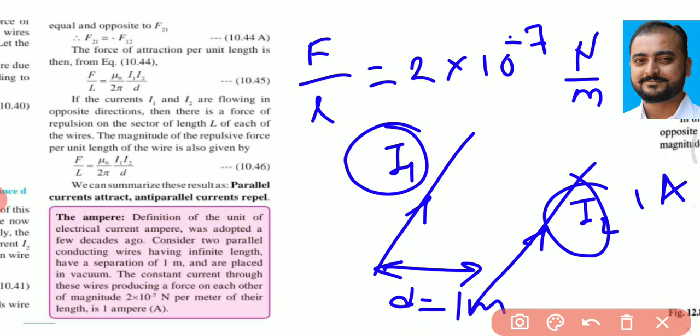So in this manner, we studied the force between two long straight parallel conductors, for like currents, that is parallel currents, as well as anti-parallel or opposite currents, that is unlike currents. Understood, friends? Okay, now